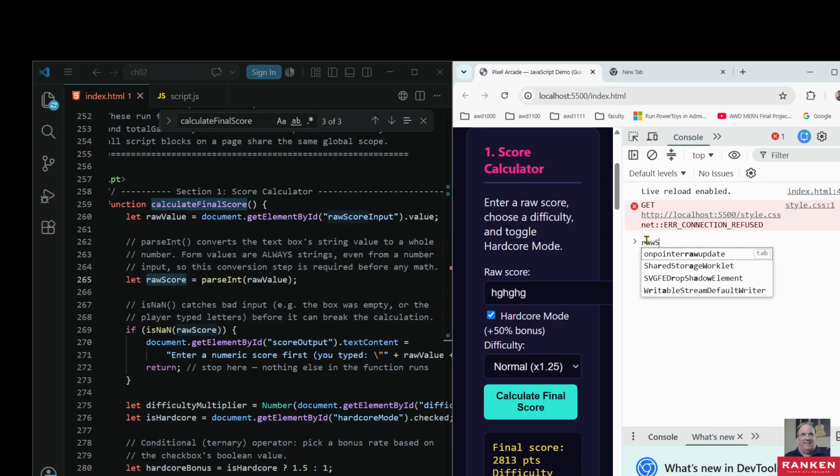Raw score. So I'm typing this in now, right? I got that. But what's going to happen right now if I hit this? We haven't clicked anything, right? The scope of this is only within that function. So this has function scope, right? This isn't global. So what's going to happen here? This should be undefined, right? There you go, right? Raw score is not defined. Uncaught reference error, right? Now, once I hit